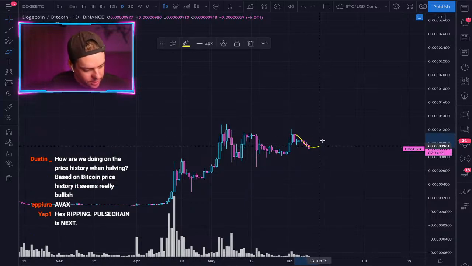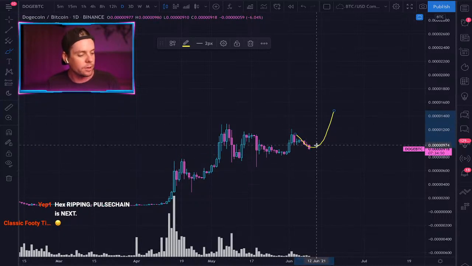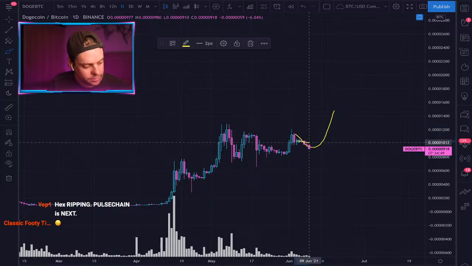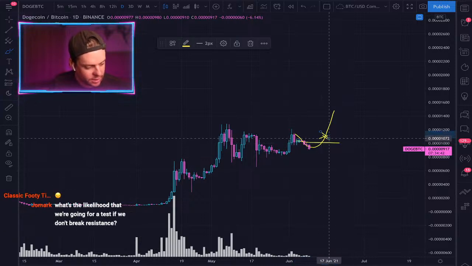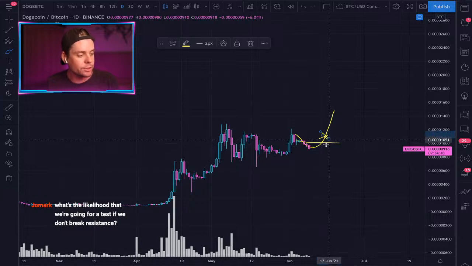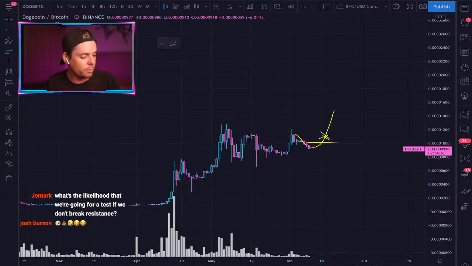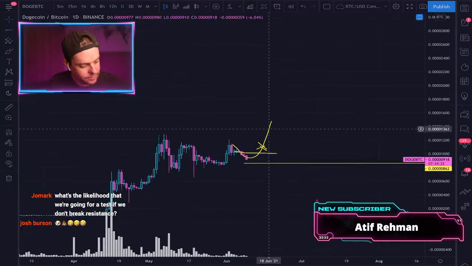Let's say we entered here and it turned around. I would then enter on the turnaround. Hex is ripping everybody's accounts to shreds. Hex is a scam. I would enter on the turnaround, and then I would place a stop below. So if we begin to trend,